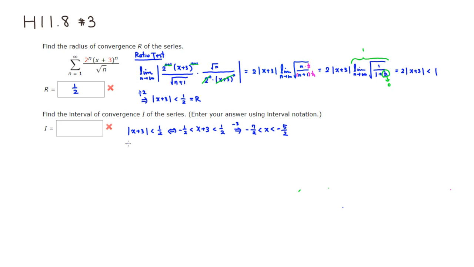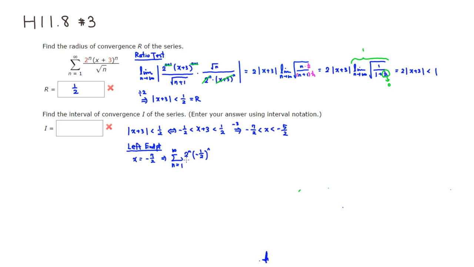Let's check the left endpoint. When x is equal to negative 7/2, if you plug in negative 7/2, we're going to have this series: the summation as n goes from 1 to infinity of 2 to the n, times negative 7 over 2 plus 3, which is negative 1 over 2, raised to the nth power,